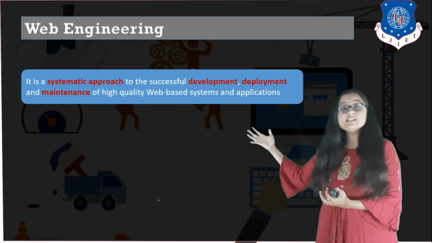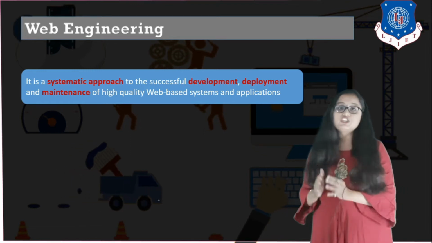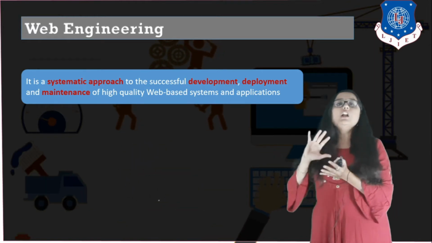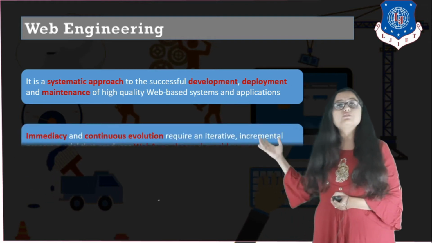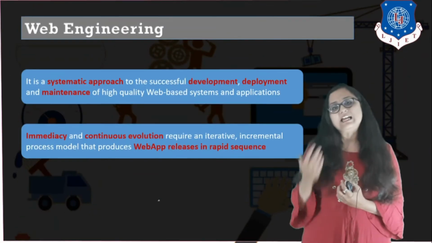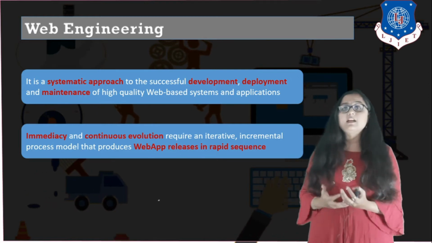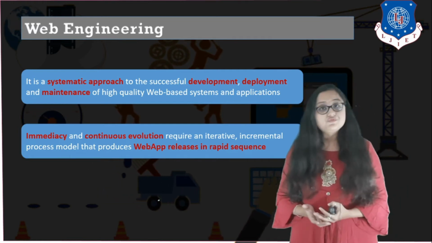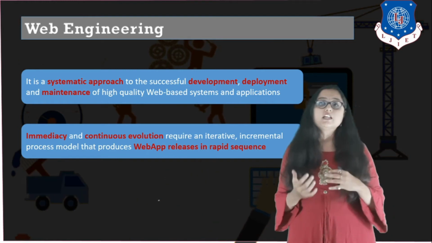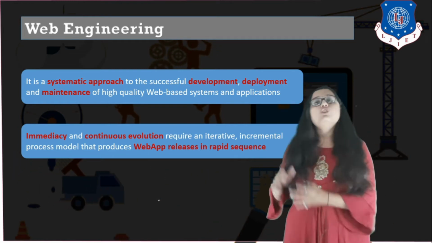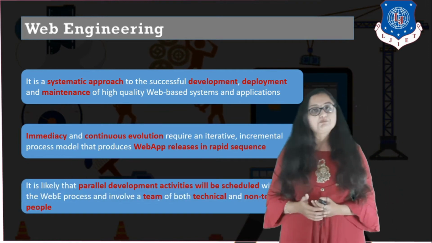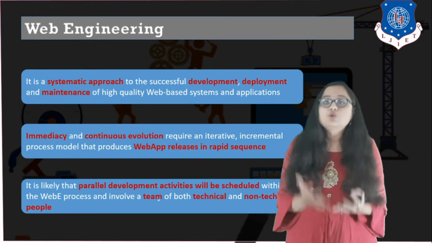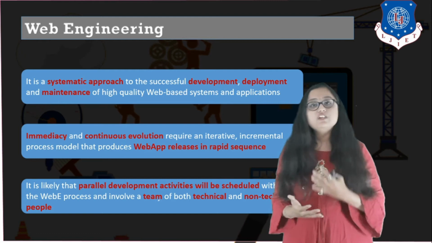Now the conventional process that we follow in software engineering is also followed in web engineering, but a little bit in a different way. Why so? Because in web based engineering the client is ever changing. All the content on the web is also ever changing. So the client is always requesting some changes in the content, some changes in the functionality, which in conventional software engineering is to a much lesser extent. So in web engineering we always follow an approach that is iterative and incremental in nature, so that we don't have to deliver everything at once. Instead, we deliver everything in increments.